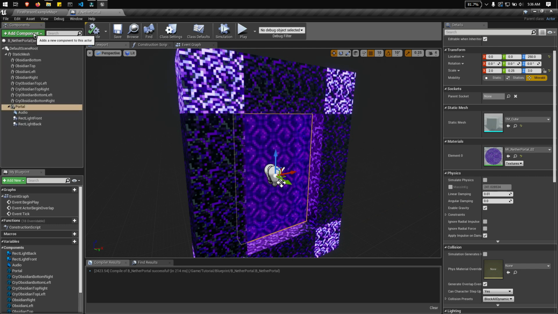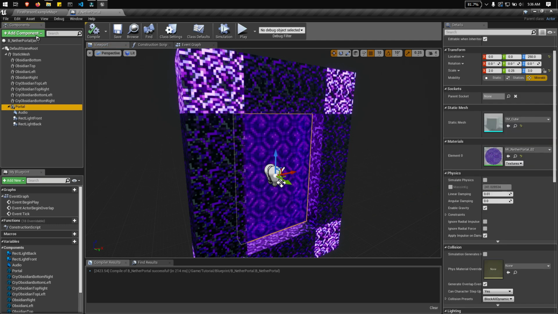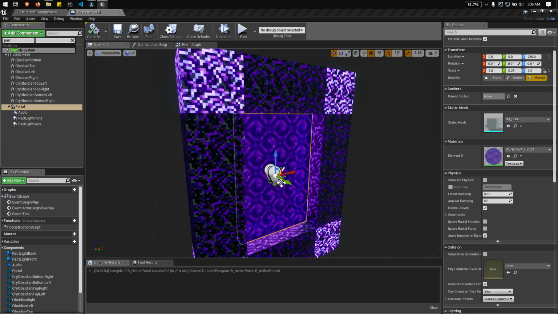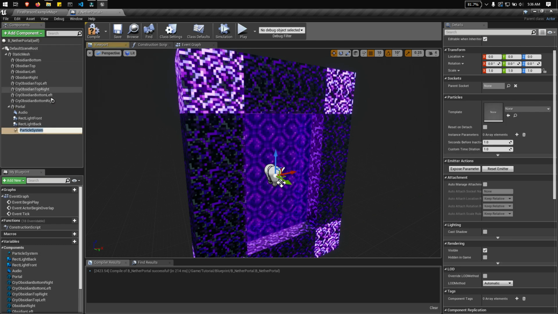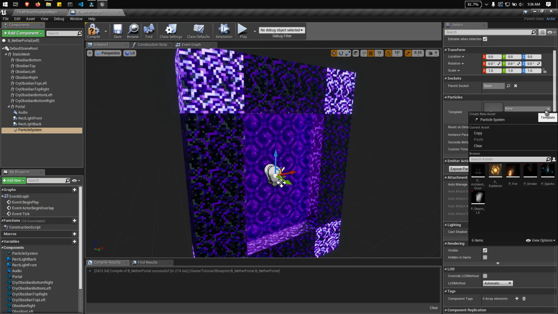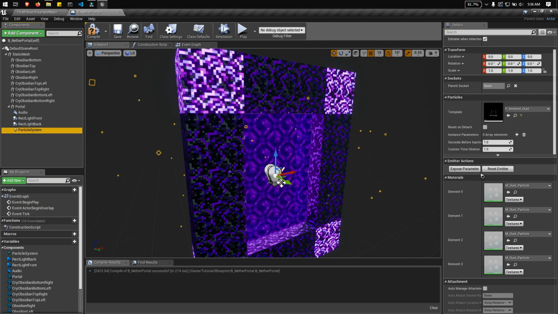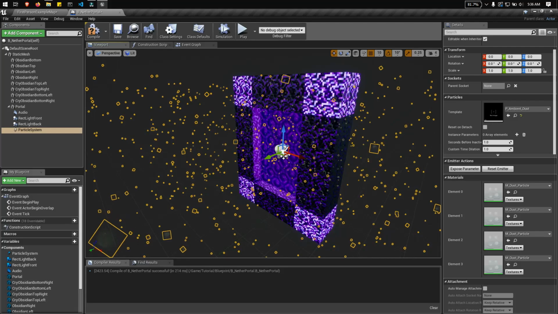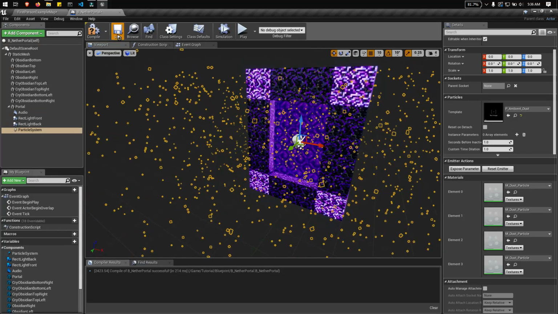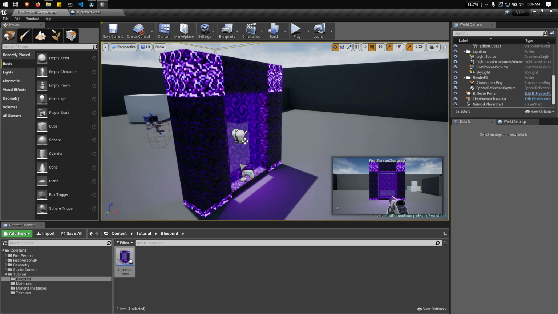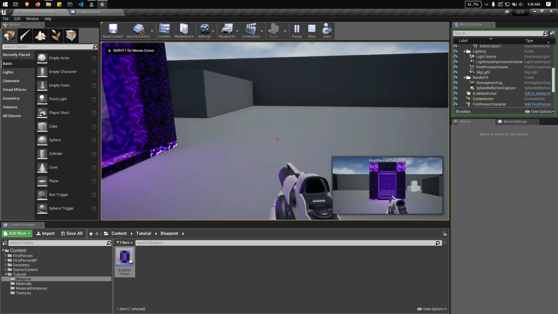So let's add another component in our portal. Let's look for particle system. Then let's look for dust. This one. Let's save and compile our blueprint, and check the output.